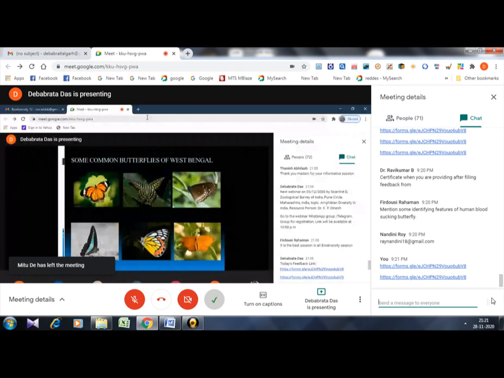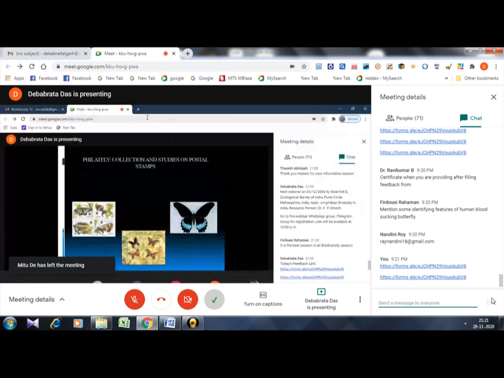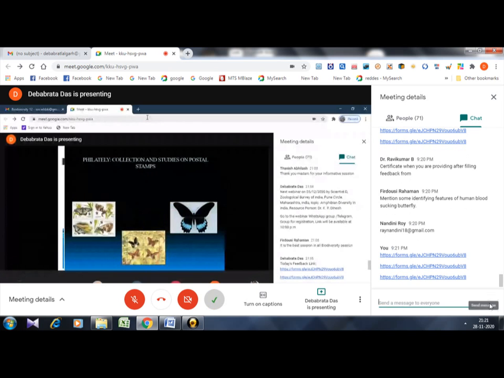And now we come to philately. Philately means the collection of stamps and postal stamps, etc. Stamps are also made on butterflies because they are very important. So you can see the stamps. The butterfly picture you are seeing on the right corner is a butterfly I have seen on a stamp once in my life, but I couldn't find it. That's why I have given the butterfly photo itself. But it is a very good butterfly, and you can find the stamp.